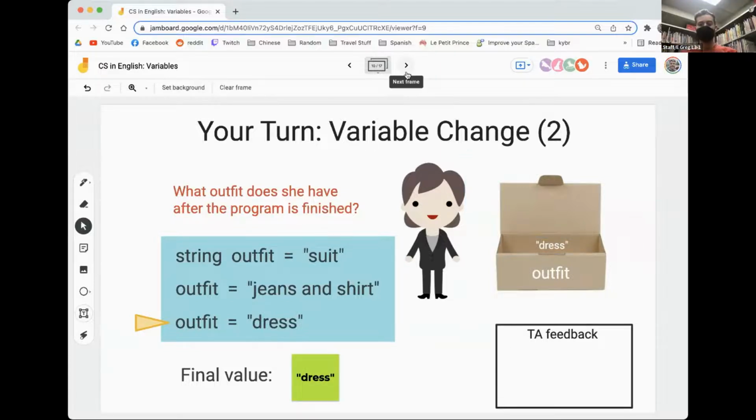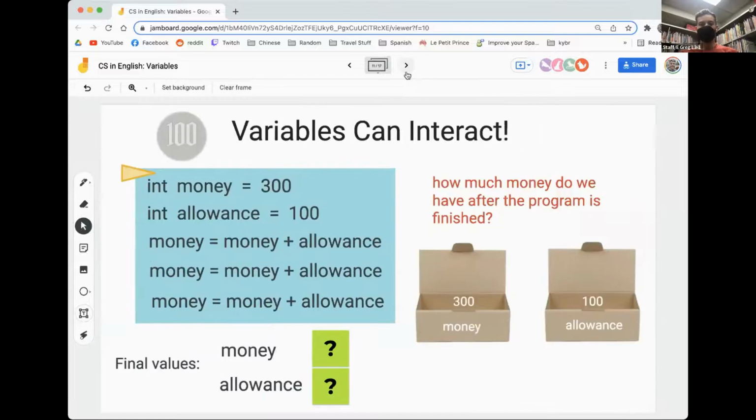All right. So now let's move on to the last concept we want to talk about, which is that variables can interact with each other. So one variable can use the value of another one to pick its new value. So we're going to be talking about an allowance where your parents give you money every week to spend on